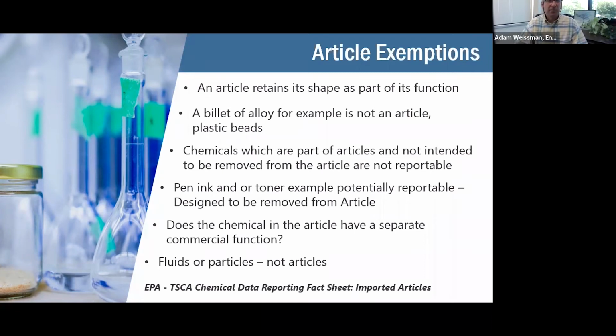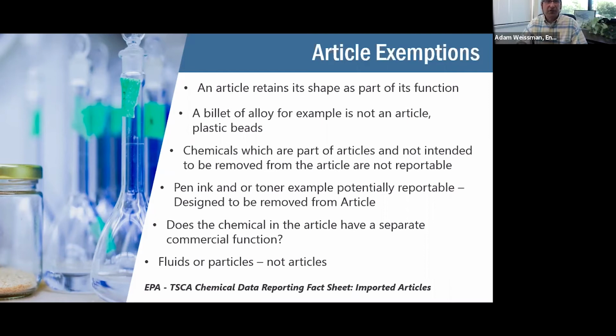because it's designed to be melted. Things like wires, sheets, batteries, film, plywood, some rolled materials, certain changes can actually be okay and retain the article exemption. One thing to think about is fluids or particles.